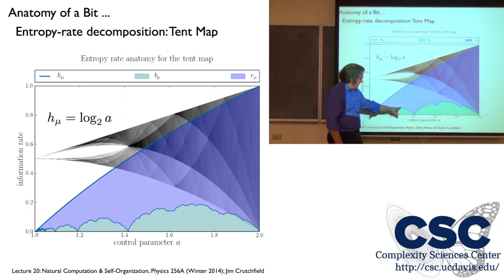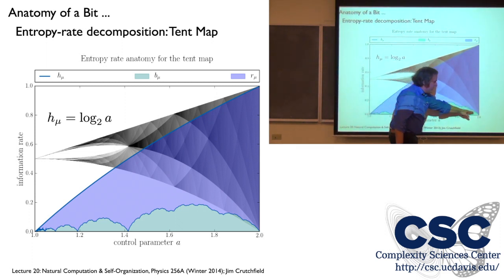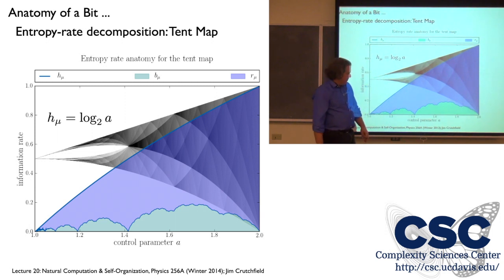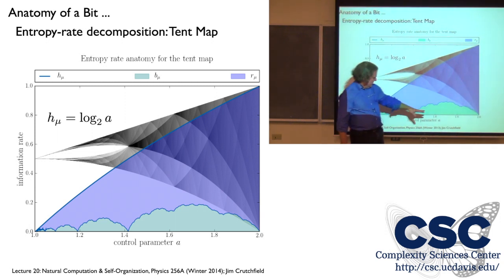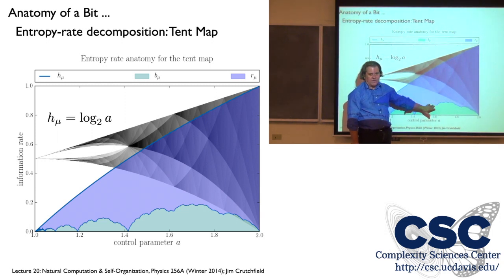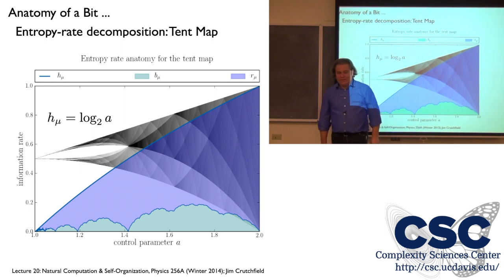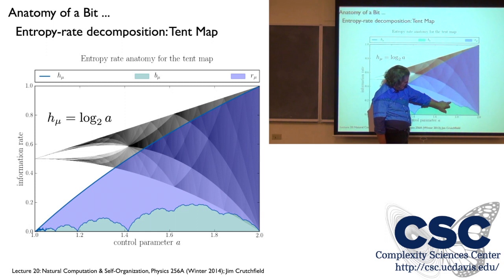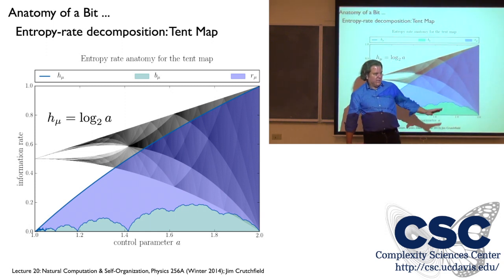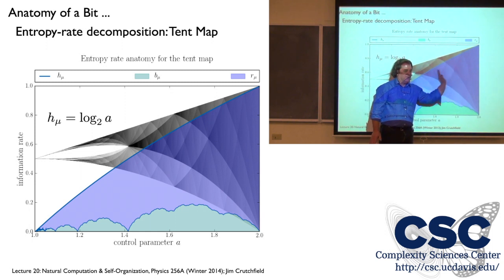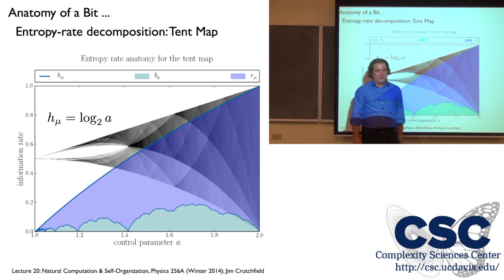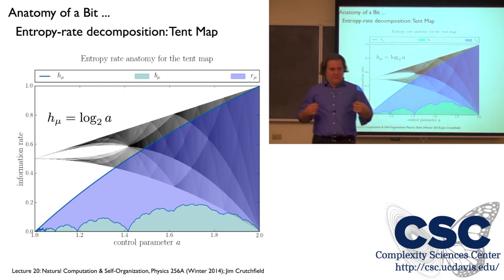Again, the self-similarity in the bifurcation diagram means these behaviors are the same, just rescaled. This looks like some kind of fractal, non-differentiable curve. Probably is. And we're still working to understand why we have this magnitude of b mu up here, and exactly what topological features in the map, as you vary the parameter, are causing these very strange variations in the bound